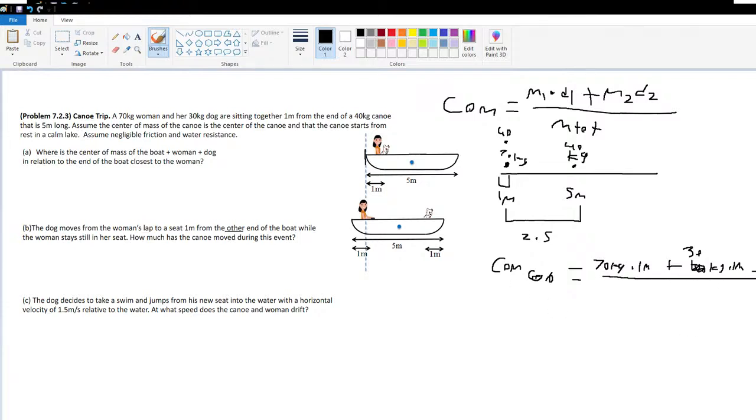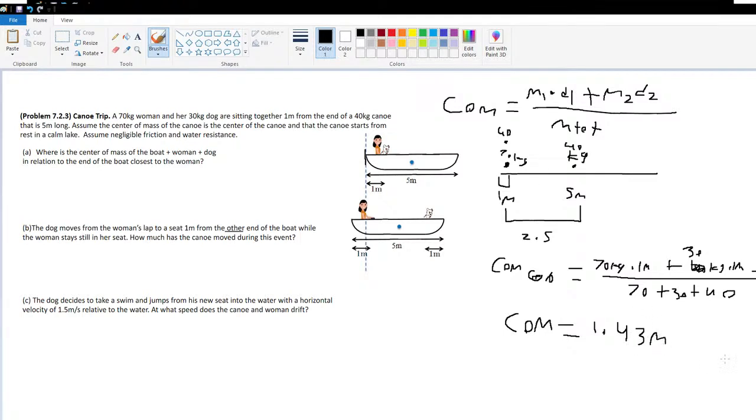And then all of this divided by the total mass, which is 70 plus 30 plus 40. So if we do this out, our center of mass of the whole canoe, woman, dog system is at